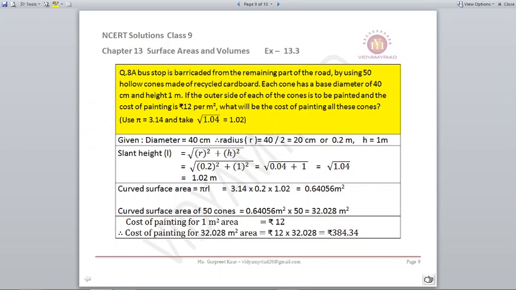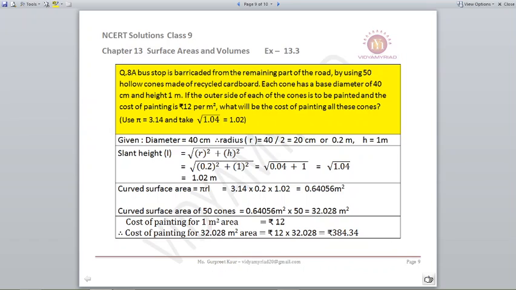Now let's find out the CSA. We need to find out its curved surface area using the formula pi r l. We are told that pi is 3.14, radius given to us is 0.2 and our slant height is 1.02. So when we multiply this, we get 0.64056 meters square. Now this is for one cone. We need it for 50 cones. So it will be multiplied by 50. That comes to